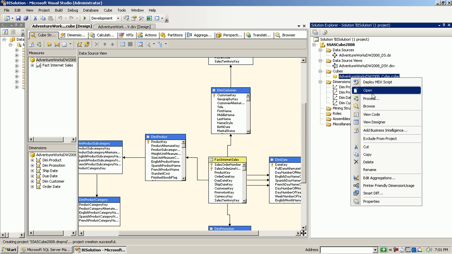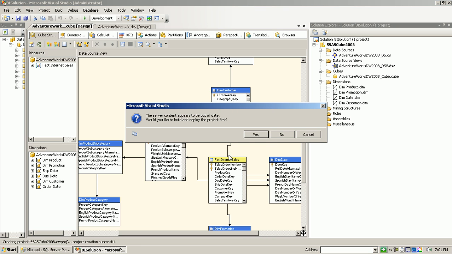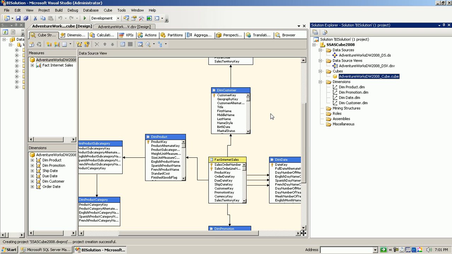Let's just process that cube. Now for some of you that concept might be completely new. Processing a cube just means, let's put it simply, to create a structure so that a cube is browsable. Okay, so in the background there's a process going on building files which then can be browsed. That's basically, in a little bit of a simplified way, what processing is all about. So I say here